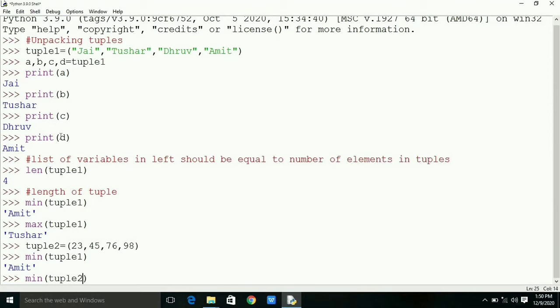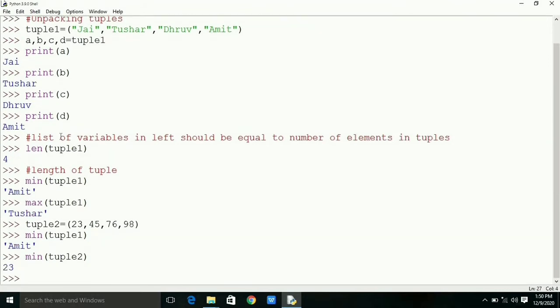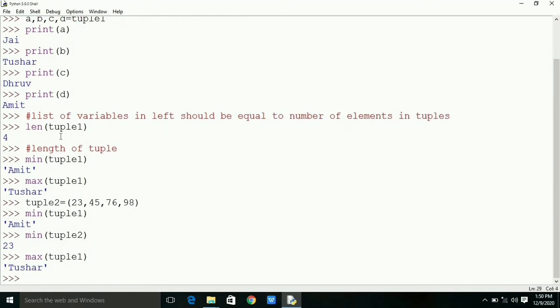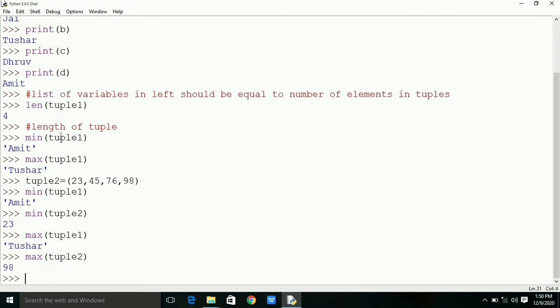Here in this case, max of tuple 1 is equal to Tushar and max of tuple 2 is equal to 98. If we want to find the sum of elements of tuple 2, in this case it will be 242.